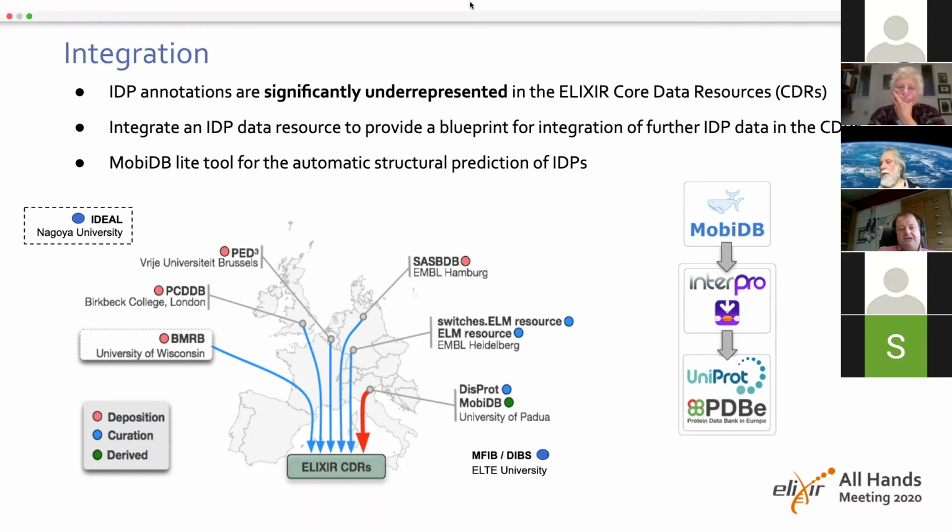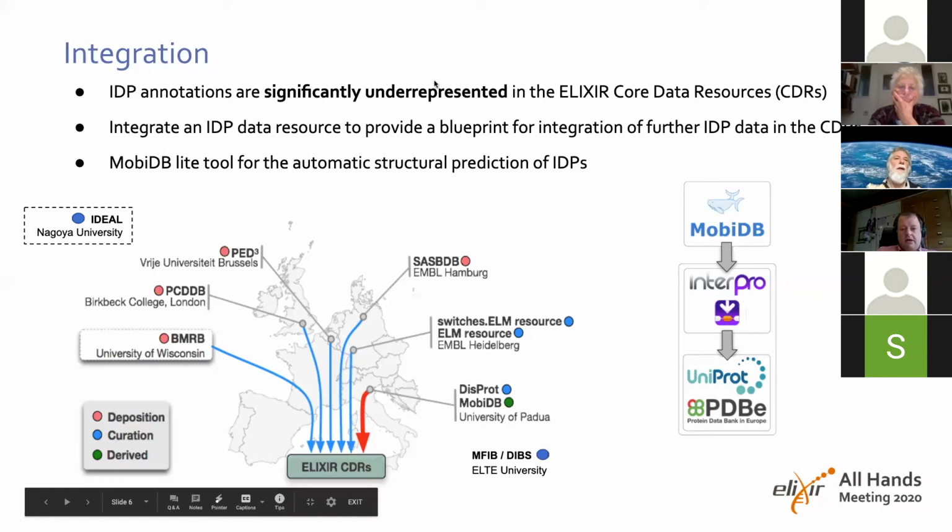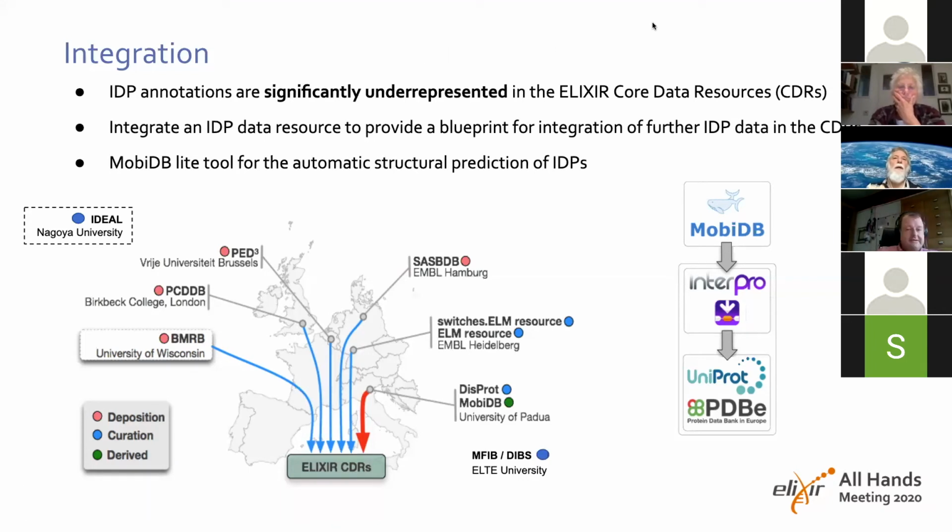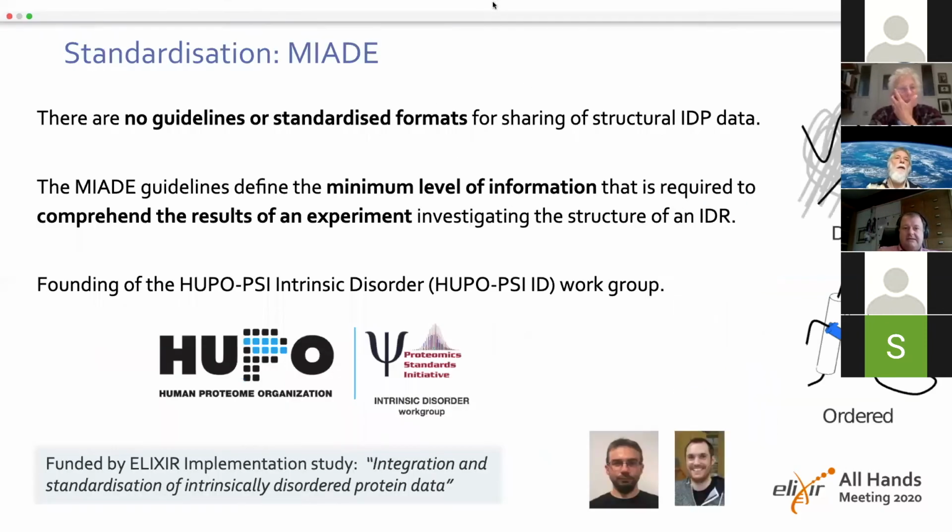So this is a way that the information can be percolated into the core data resources. And in order to achieve this, what we need is on our end to be able to unify all the data into a single resource, which can then interact with the ELIXIR core data resources. Next slide, please. So the first step towards this is the MIADI standard, so the minimal information about this disorder